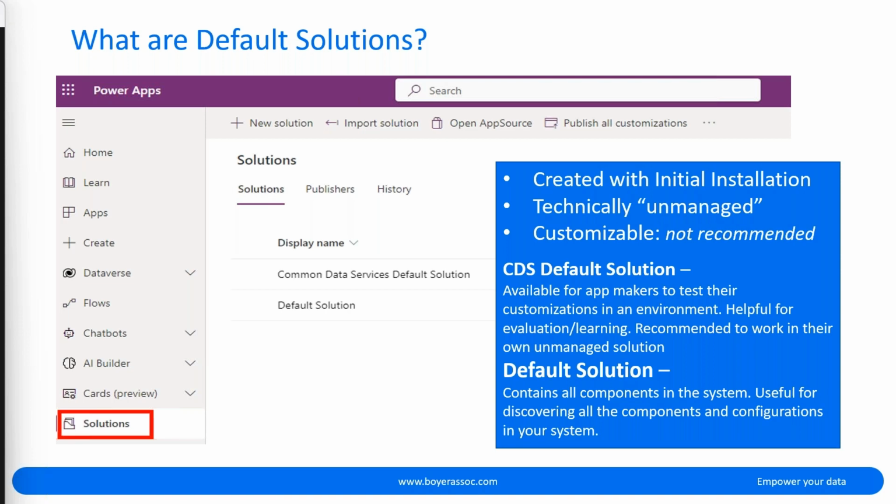And if you go inside of those, you can actually customize anything that you see there. The reason why Microsoft has those is just to provide users that flexibility of being able to go in and look at everything that Microsoft offers. But you can create your own solutions and say, I actually want to pick and choose certain items versus working with everything, because of course it's overwhelming when you look at it, because there's so much stuff that you can do.